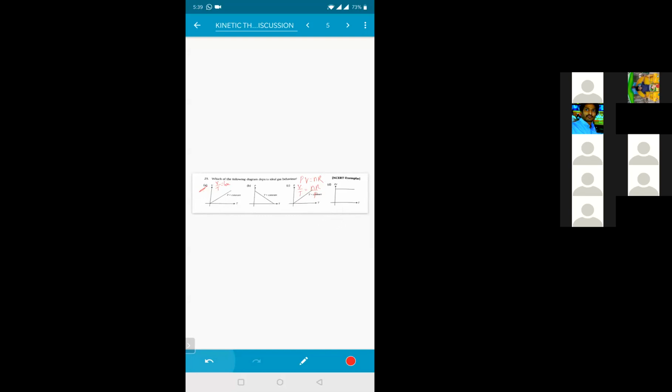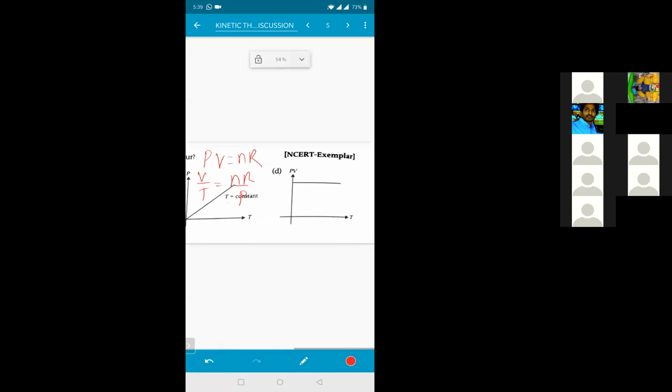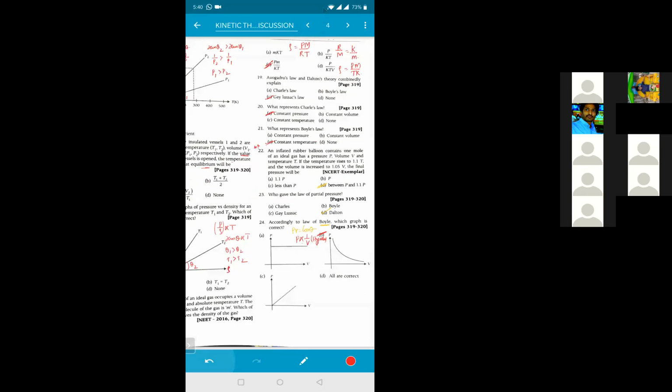This will also be a PV versus T graph. See, if I'm taking P by T, that will be equal to nR divided by V. That is also a constant. So in this one volume should be constant. So it is PV by T, volume should be constant. This will also come for this one. It won't be multiple correct, but roughly you can check it with this one. This should not have been given among the two, might be some mistake. Otherwise, this should also be the answer for that.